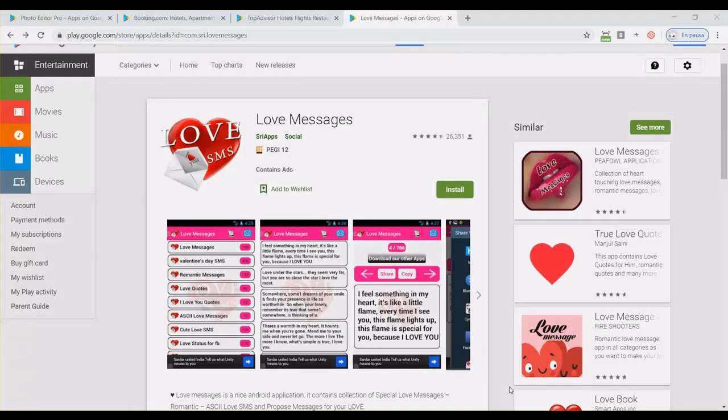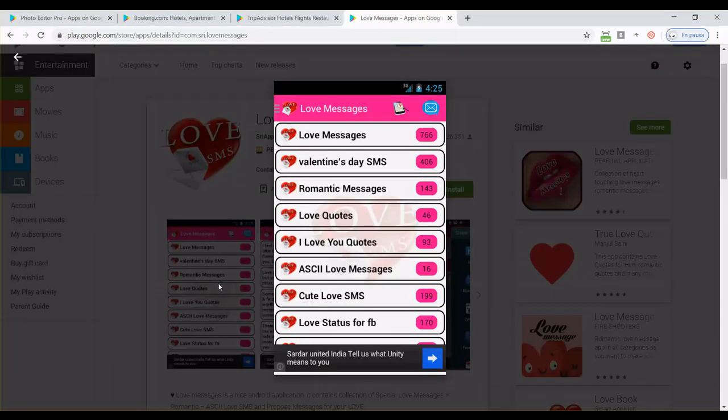Well, first I'm going to show you what other developers are doing. I'm going to start with, for example, this one. And then I will show you what other companies are doing. So if you see this standard app about love messaging via SMS, you see that this developer has